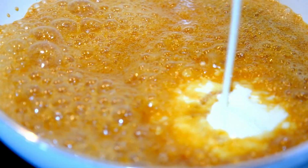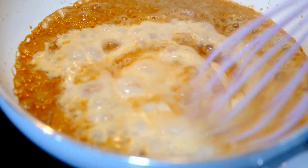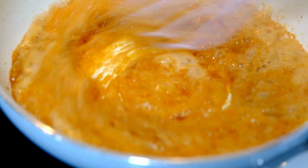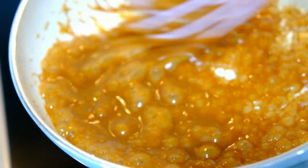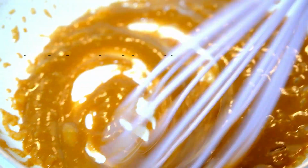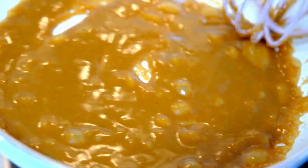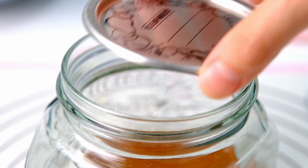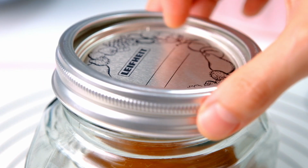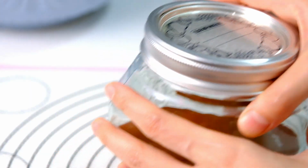Remove the pan from the heat and slowly pour the cream into the caramel. Again, be careful, since the heavy cream is colder than the hot caramel, the mixture will once again bubble up furiously. Whisk until all the cream has been incorporated and smooth. And for the saltiness, you can add regular salt, or I just use my favorite Himalayan salt here. Set the sauce aside to cool down a bit for about 10 to 15 minutes. Pour into your favorite glass jar, let it cool completely, close the lid, and then store in the fridge to harden it. I suggest preparing the caramel sauce one day ahead, so it will be easier when filling